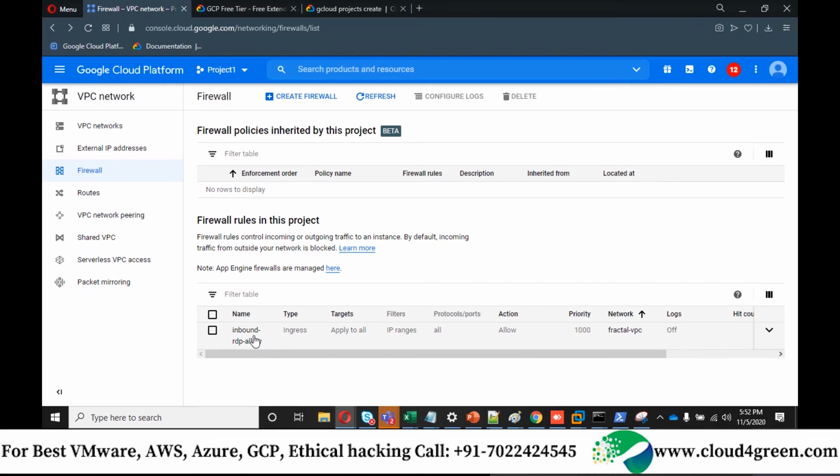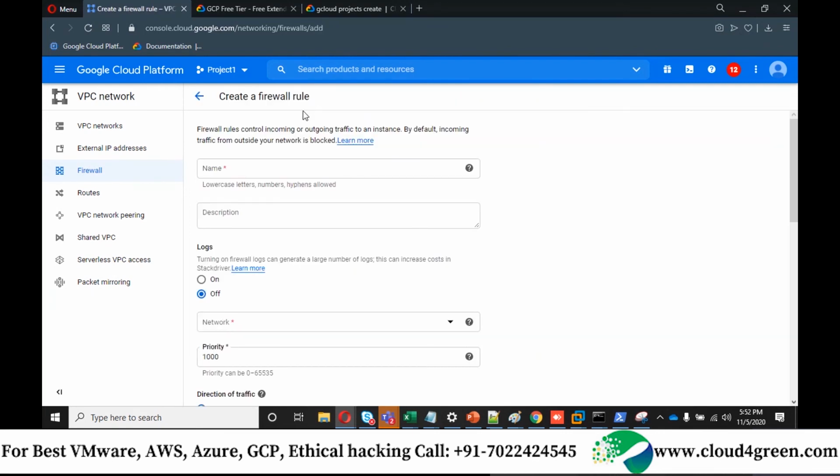And the second rule which I'm going to create is outbound rule. Create a firewall. Name of the rule is outbound allow internet.